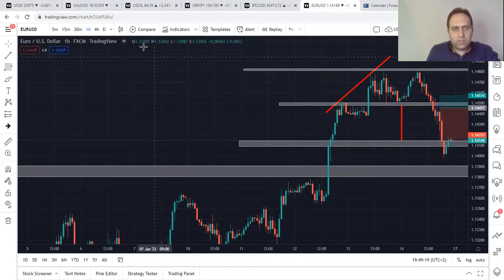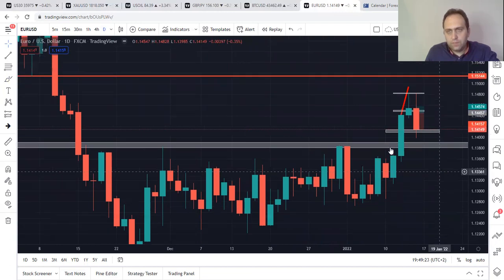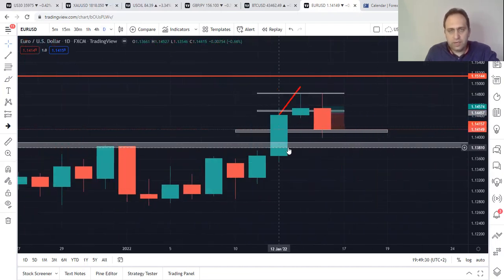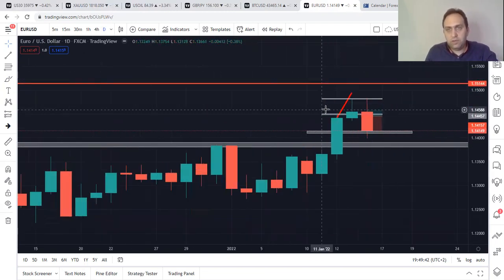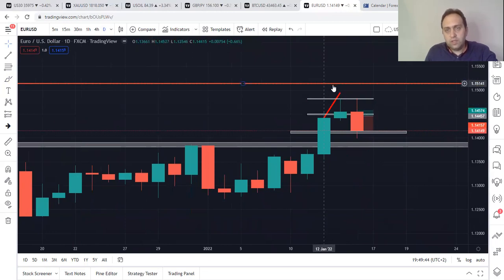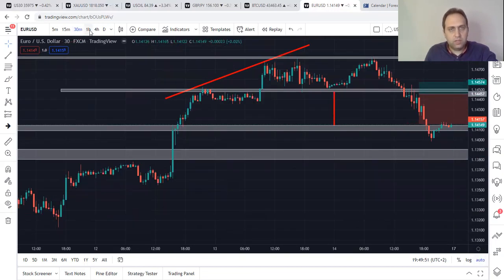For the euro dollar, it was an amazing week. For the weekly overview in the euro dollar, we had this price action very clear. We took the take profit 3, then we had very nice price action. Then on Thursday someone asked me if the weekly looks like it's up, should I buy from here, and I told him wait, I'm more than bearish here because it didn't hit take profit 4, using our advanced system, which is a very advanced system to be honest.